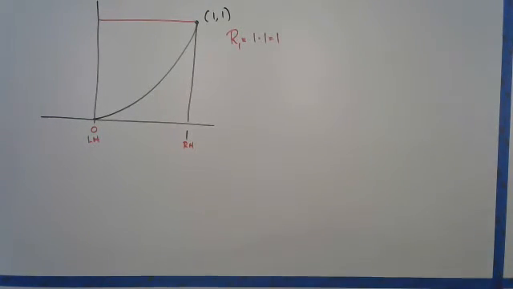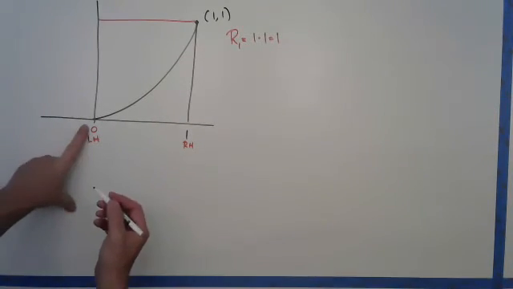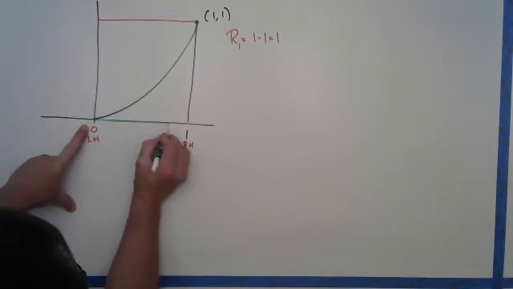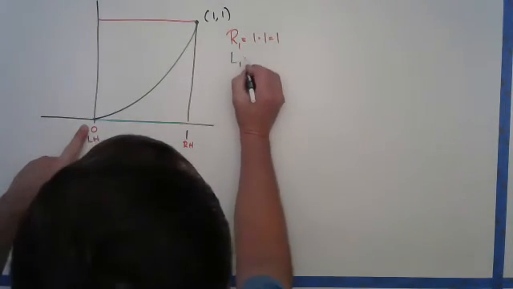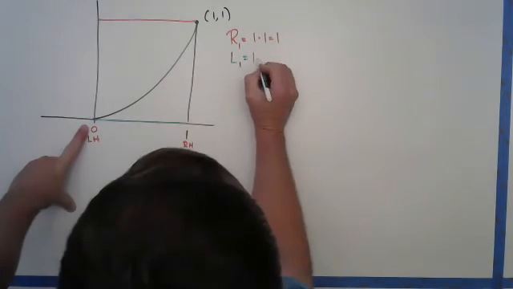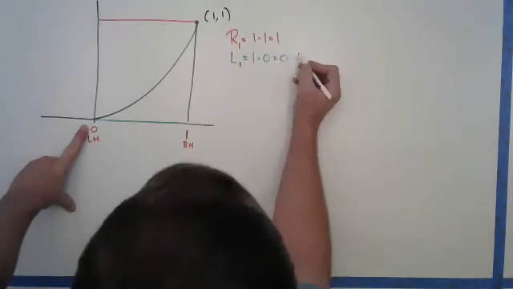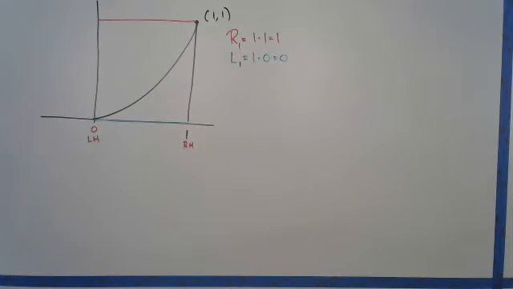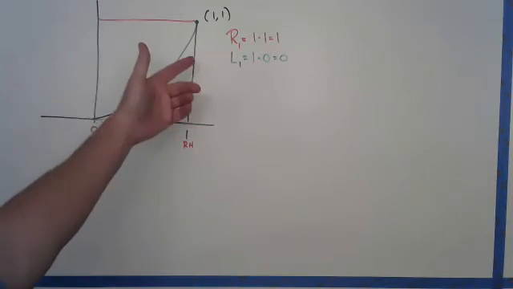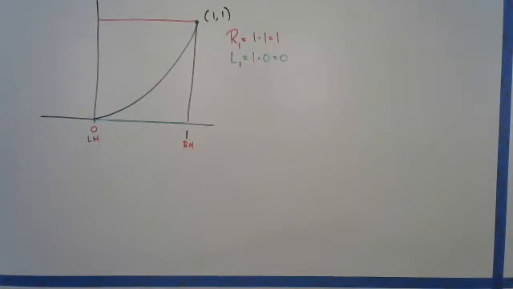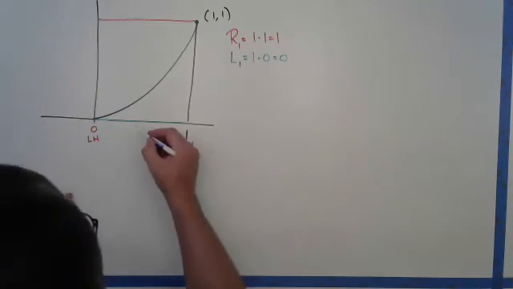Now, there's another approach, right? We have the right-hand approach, which we did right there in red. We can do the left-hand approach. Just take the left-hand side and draw a rectangle that's that high. We're going to call that, you guessed it, L1. That rectangle is 1 wide by 0 high, and it gets us an answer of 0. And we know that's wrong. It's too small. 1 is too big, 0 is too small. So our approach is to just go with our strengths, use calculus. Let's let the number of rectangles grow. Instead of doing 1 rectangle, let's do